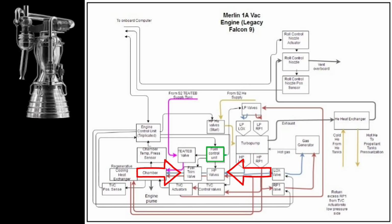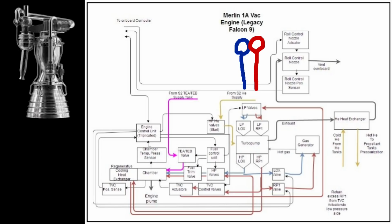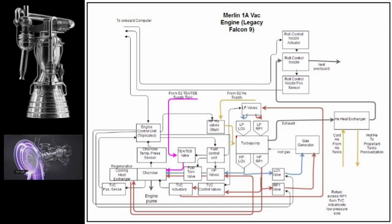The fuel control unit will send a signal up, commanding the opening of these low-pressure valves, which will allow liquid oxygen and RP1 to flow from their tanks. Both of these have been supercooled to increase density. These flow on into the turbopump. The pump is already spinning from the helium. This will allow oxygen to start to flow through the turbopump into these lines, and RP1 will flow into these